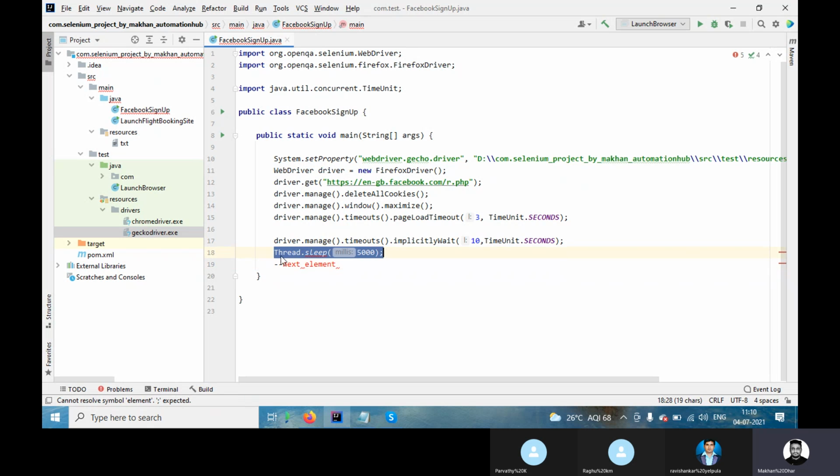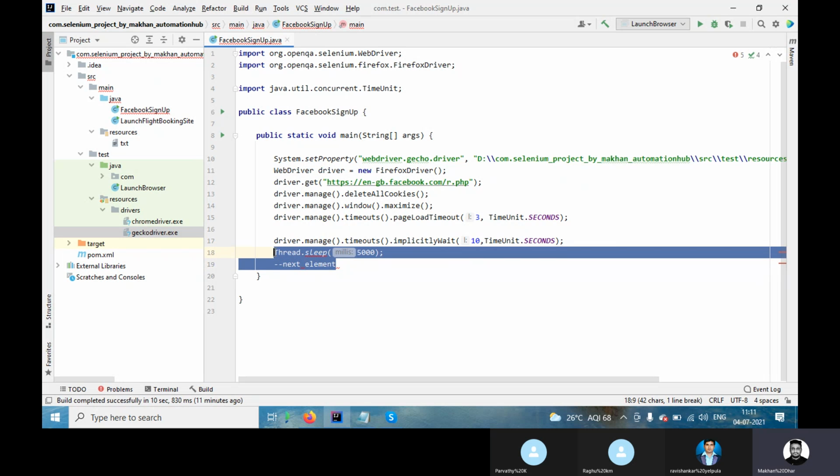If we use thread dot sleep, even if your element does not take 5 seconds, it will wait till 5 seconds, then move on. This is how thread works.